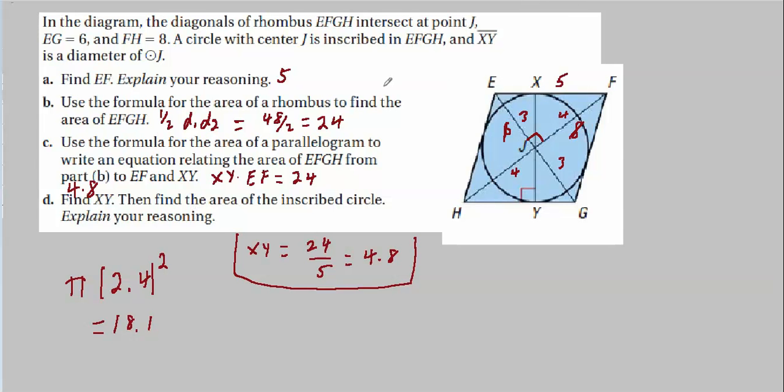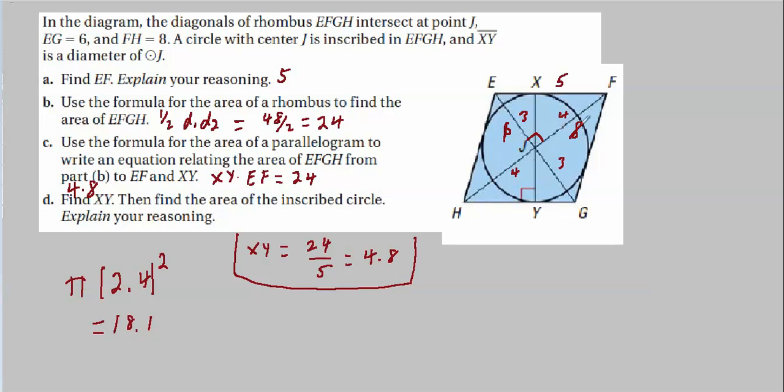So the important parts of this problem, in fact the really important part, was to remember that for a rhombus, the diagonals are perpendicular bisectors. Without that, you're kind of dead in the water with this problem. But once you spot that, things are real easy. They gave us measurements. You can spot this as a right triangle. In fact, it's a 3, 4, 5 right triangle. And then if you remember your area for a parallelogram, you can write this out, get xy, and do everything else pretty easy.